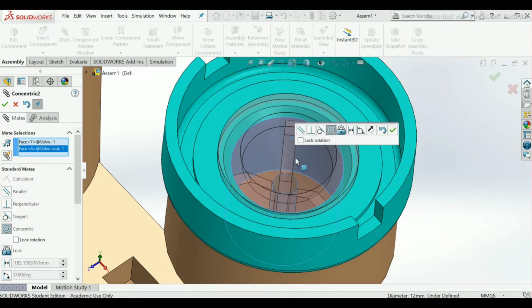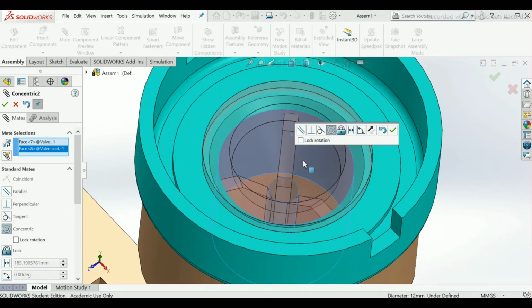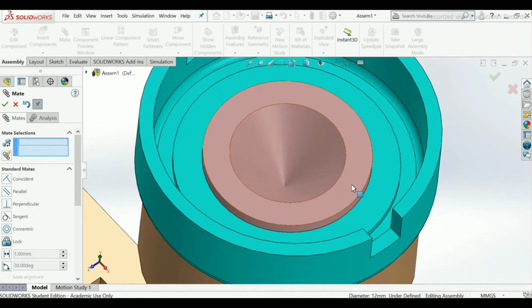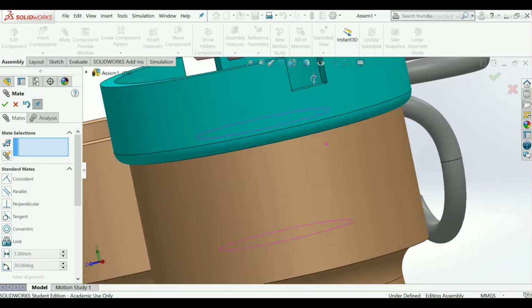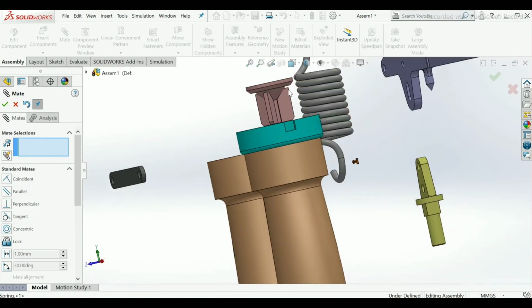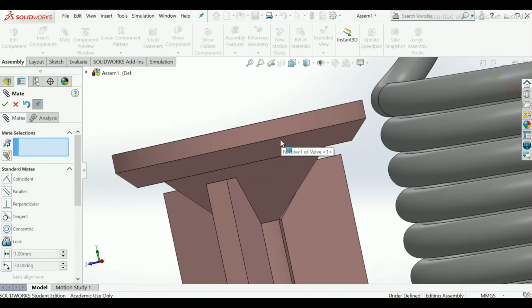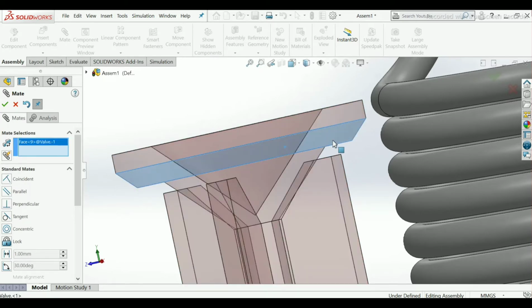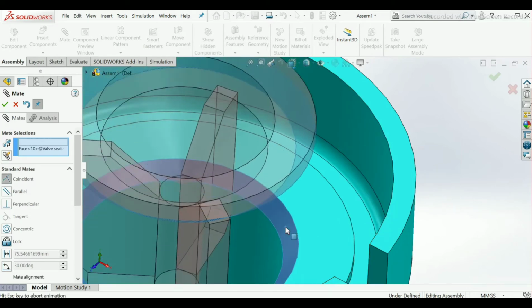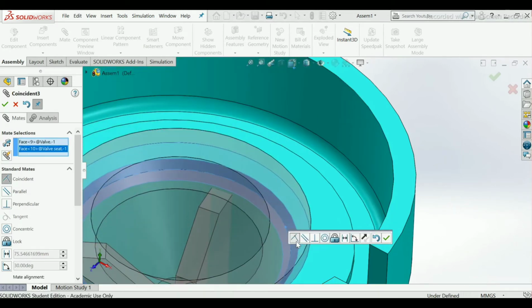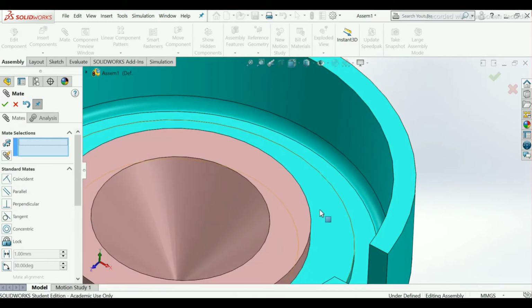You can see here it automatically makes the relation concentric. Click OK. Now lift this wall upward. Select this face and this face. It makes it coincident, so click OK.